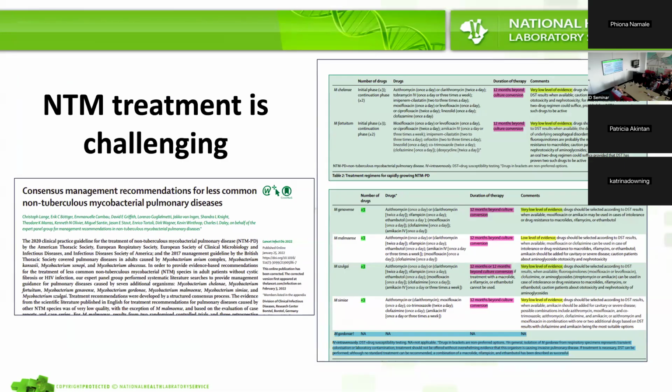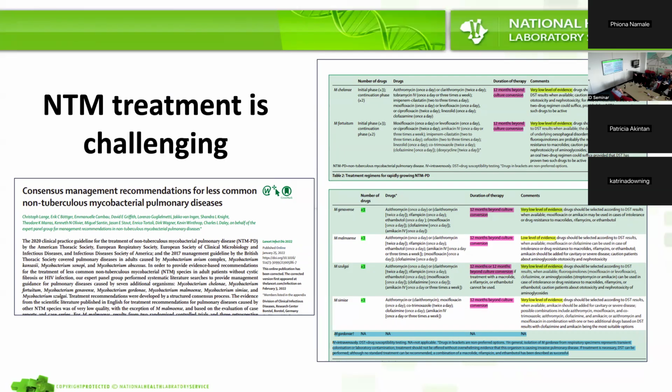I don't want to go too much into treatment. That's maybe a little bit beyond the scope of this presentation. But when we look at the less commonly identified NTMs, not the Gordonias and some of the other similar ones, the level of evidence for their treatment remains low. And in the blue, it's very, very finely written. I think it's fine print. It's almost like they want to hide it from you as well.